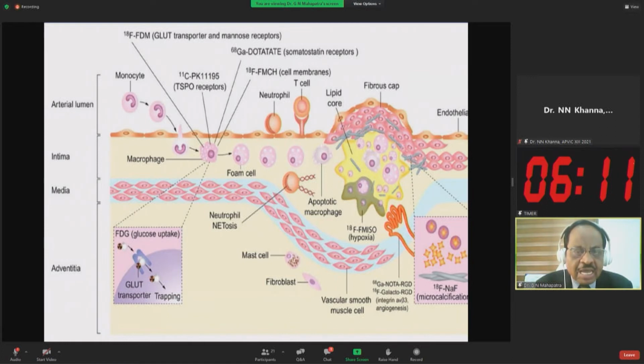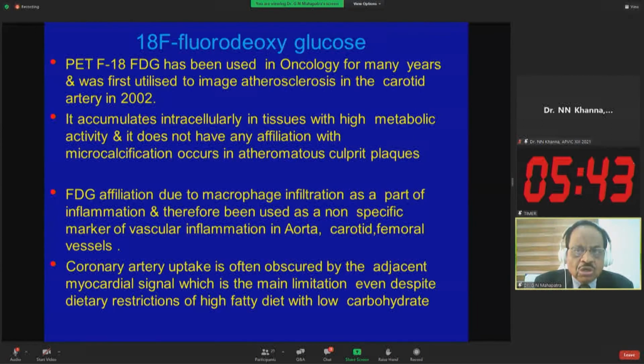At the macrophage level, F18 FDG works, and also gallium-68 DOTATATE, because that expresses the somatostatin receptor on the macrophages. Then we have microcalcification, in the right-hand side corner, sodium fluoride. There are microcalcifications. Then NOTA and RGD for remodeling imaging. Then hypoxia imaging, FISC imaging. So starting with